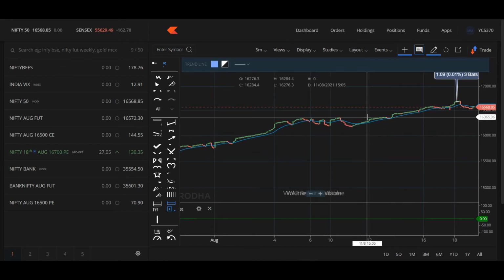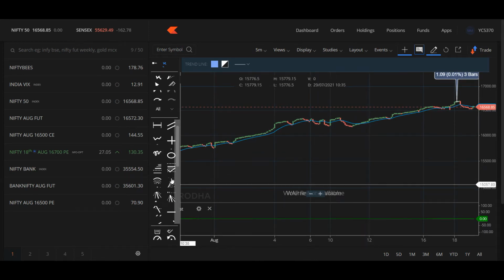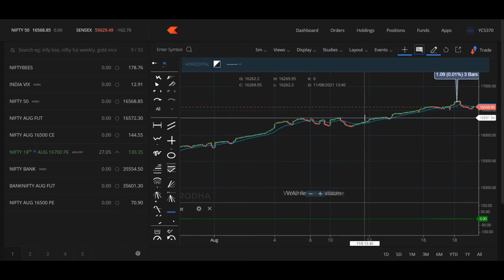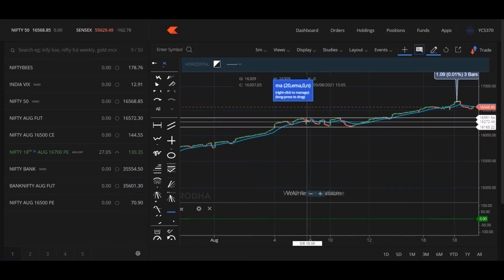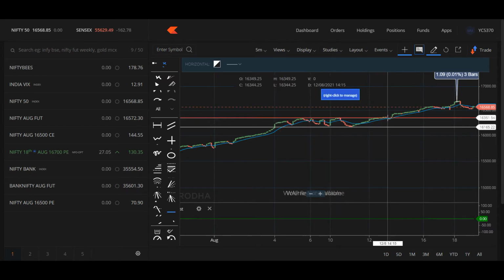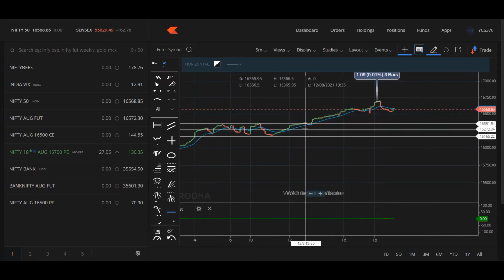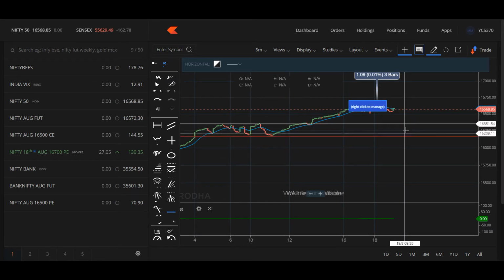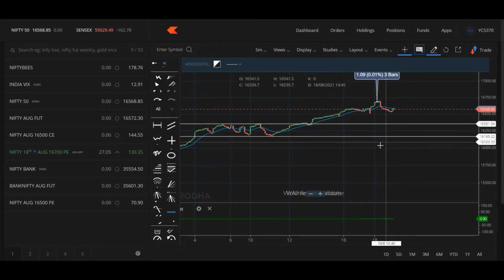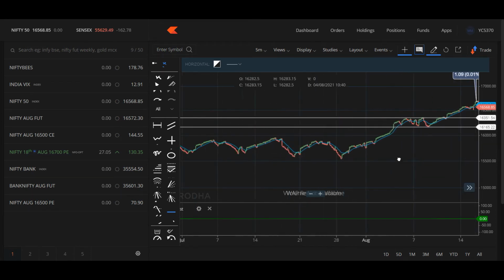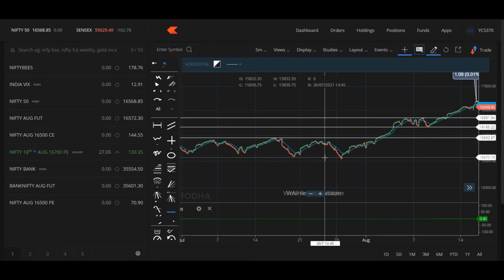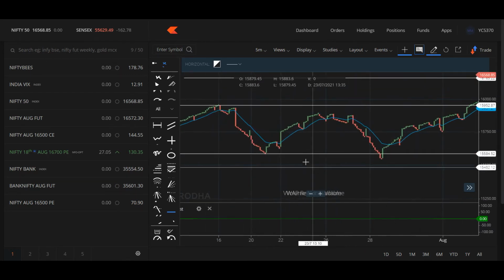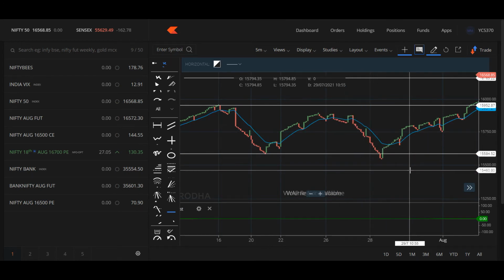Now how do you find support and resistances? Look at these things. This is your support when it is going up. This was a resistance till it hit this point. Once it gave you a breakout, the price is moving upside. So 351, 165 will be the zone of support. In this particular scenario, if you look at earlier days also, this one was a resistance, this one was a support, and this is where we were trying to trade.